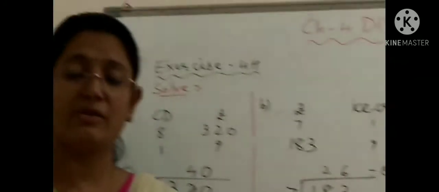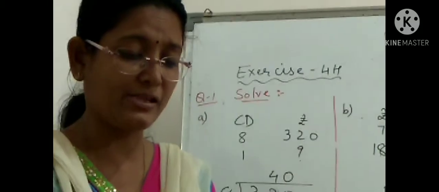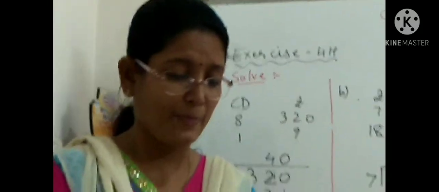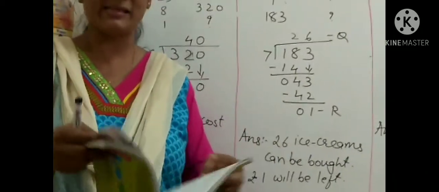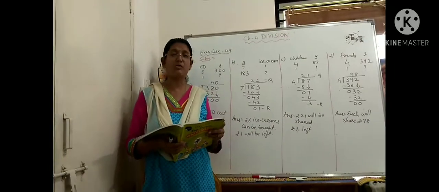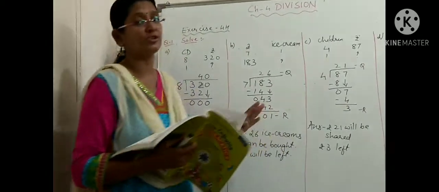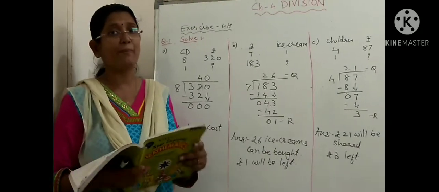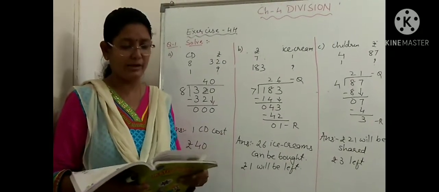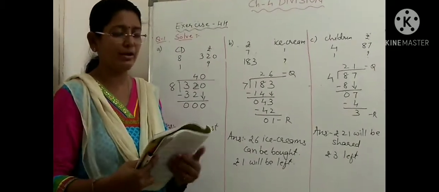Here we are ending this exercise, but before that I want to tell you something. If you open the textbook on your next page, question number 4I is given. Again here the bar model method is given, so that is cancelled from our syllabus, so I am cancelling that exercise. And then 4J sum is given, that is mixed problem solving of addition, subtraction, multiplication and division. Here we are doing the chapter of division only, so you can do this for your extra practice, but in this chapter we don't need this. Okay, and so I have cancelled 4J also, and now we'll continue with the chapter checkup.